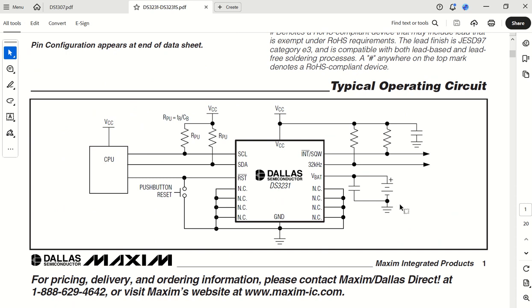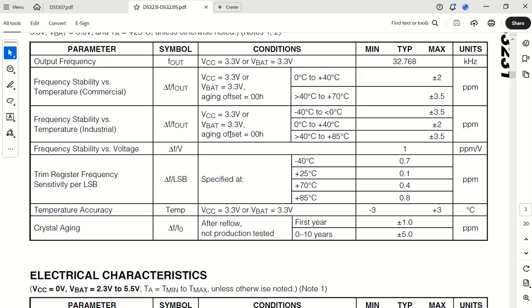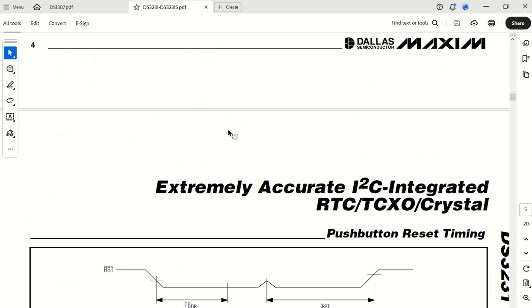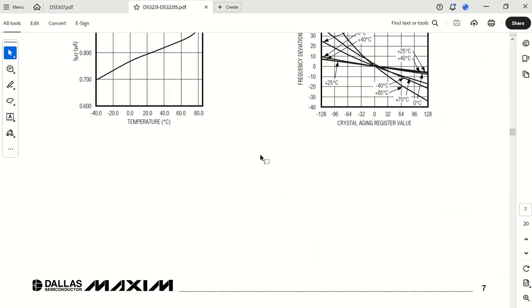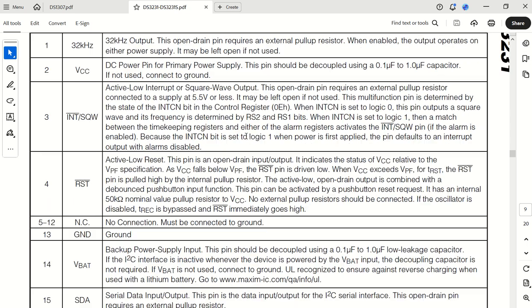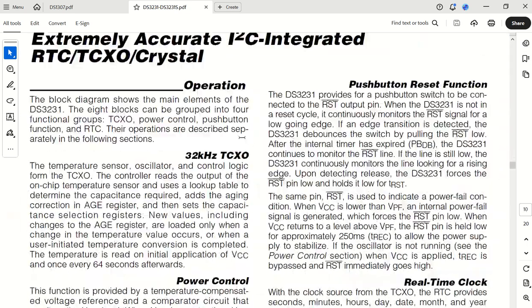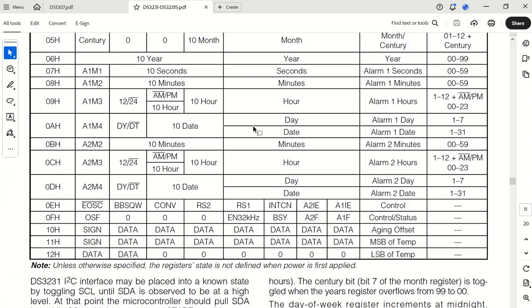Again, there's a backup battery, as you can see here. It is still I2C. Let's go further down. If you really want to enable a square wave in this specific instance, you will place in address number 0E hex.